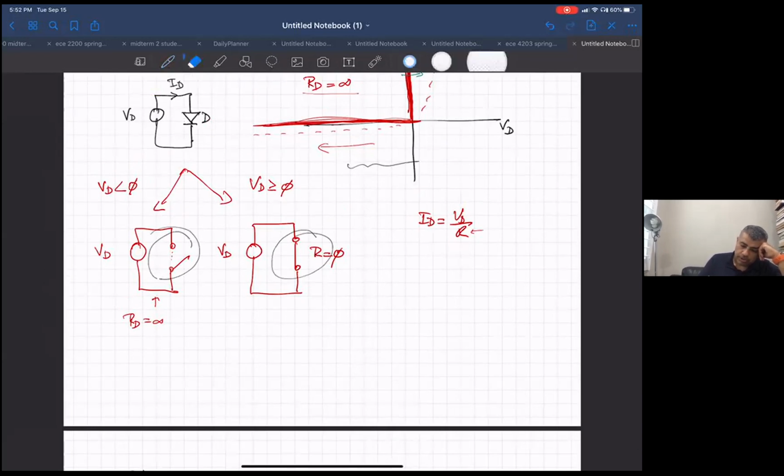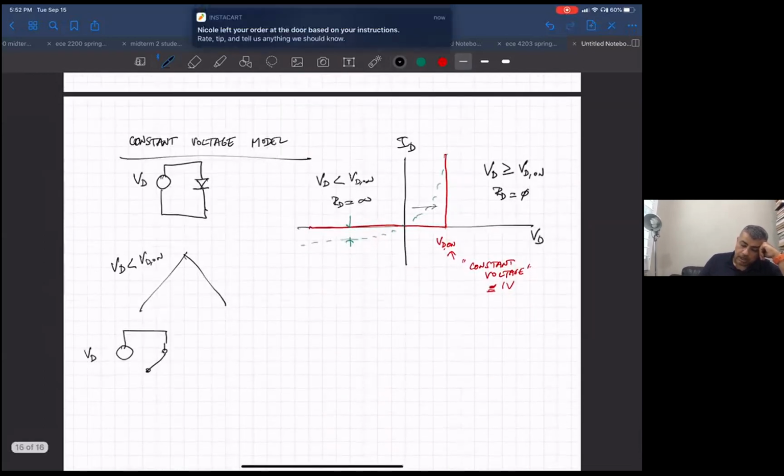Let's just draw it the other way, so as not to confuse you guys. We just modeled a diode as a switch that's either closed in this case or open in this case. Okay, so that's the ideal model. In the case of the constant voltage model, we are modeling the diode